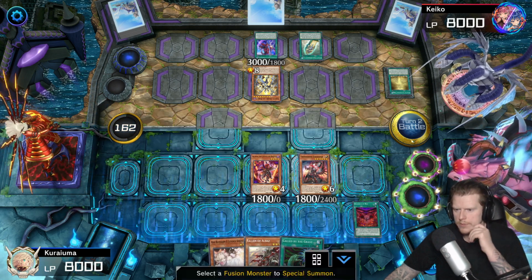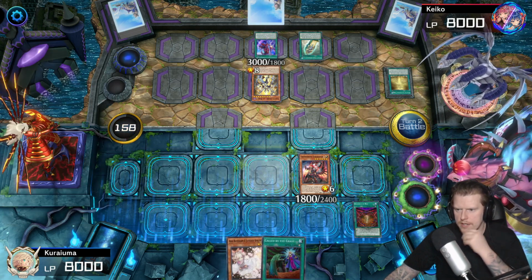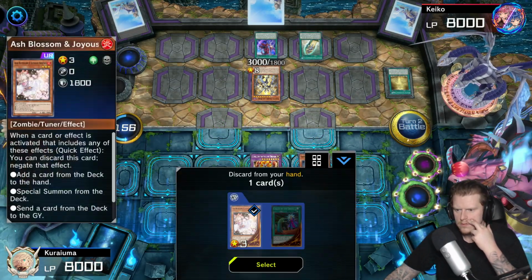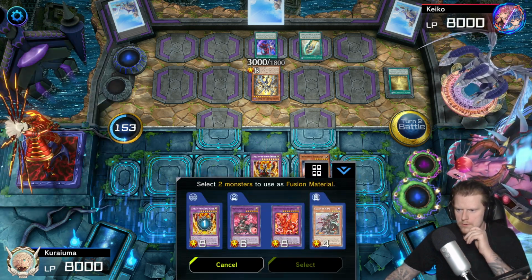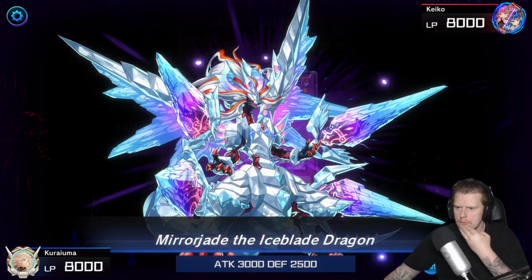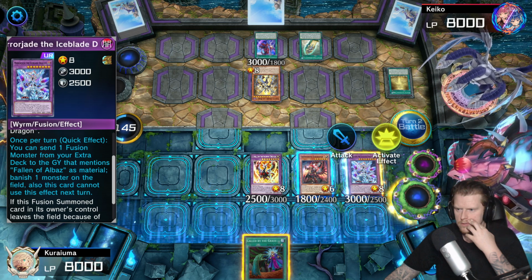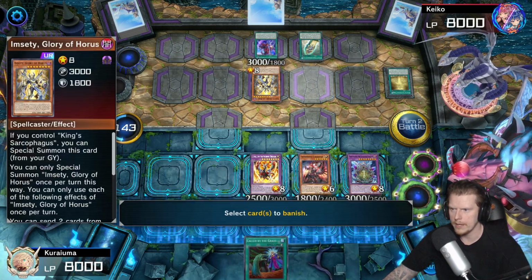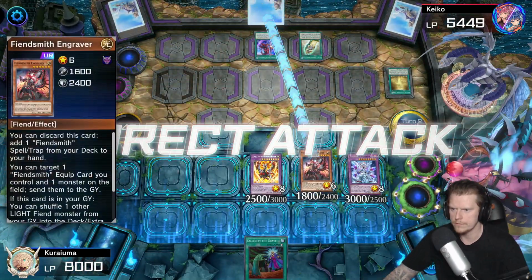Well, surely it'd be better to go into Searing, wouldn't it? And then I can discard a card and play as... Into Mirror Jade. And activate the effect of Mirror Jade. Send to the graveyard. Banish. Punch for 3. Punch for 18. Nah, this deck isn't...